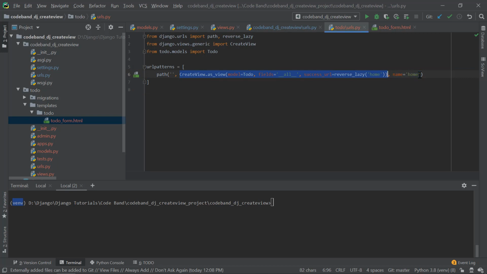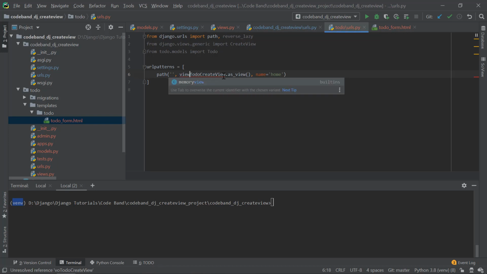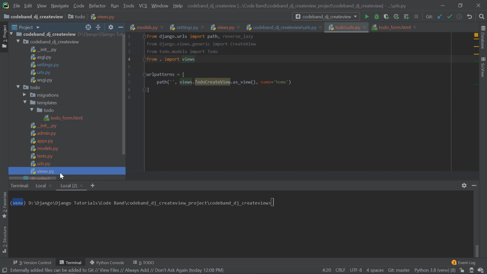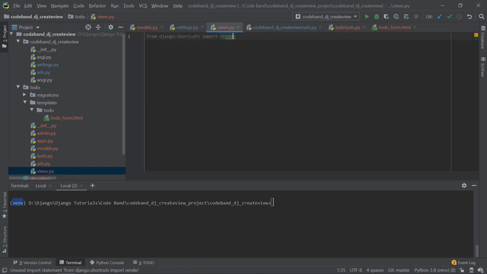We'll just replace all this stuff. I'll create a custom class which inherits from CreateView. The name of the custom class I'm going to create is ToDoCreateView, and I'll use it the same way as the view is over here. Now in the urls, I'll just say views.ToDoCreateView, and then import views from dot import views. Now in the views.py, I'm creating that ToDoCreateView class,